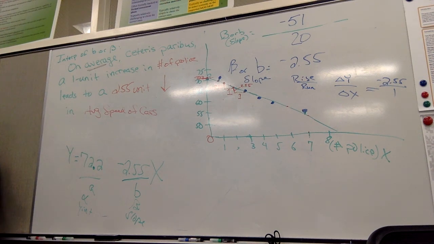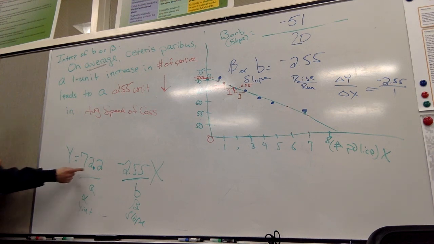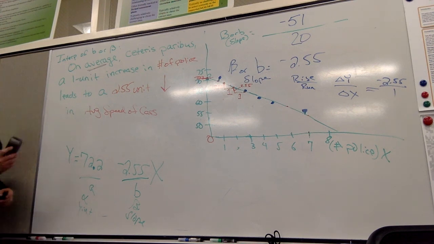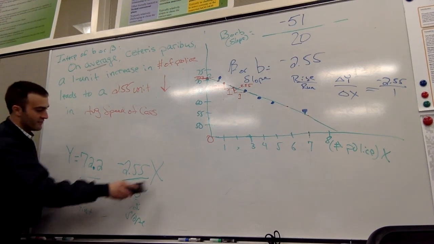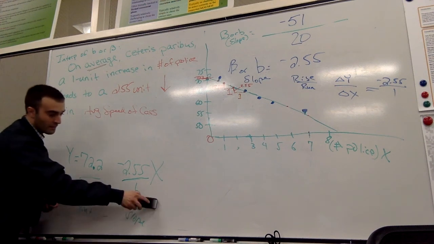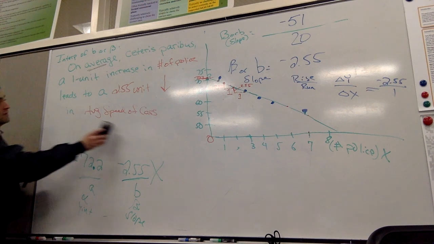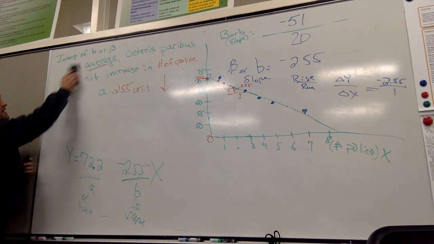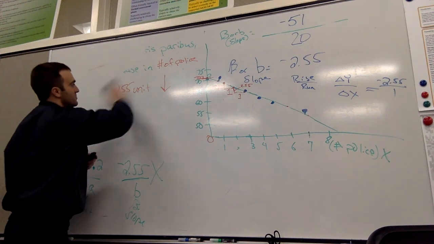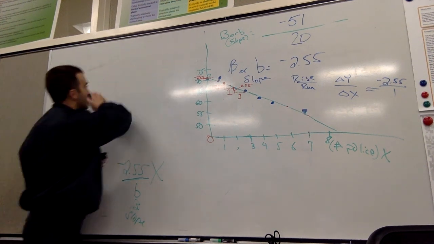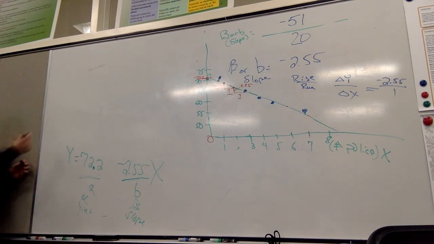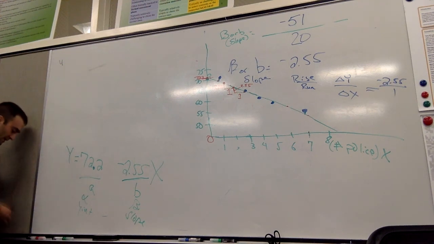Questions? The last thing to interpret for the night is the y-intercept of 72.2. Beta is the most important because it's telling you the effect of x on y, or the number of police cars on speed. The y-intercept, you will always get a y-intercept. Sometimes it makes sense, other times it doesn't. And so we don't spend a lot of time on the y-intercept. It's mainly beta. Beta shows the effect. But if you want to interpret the y-intercept,